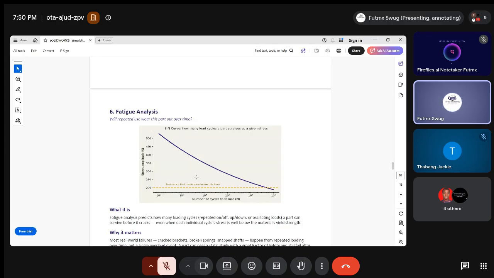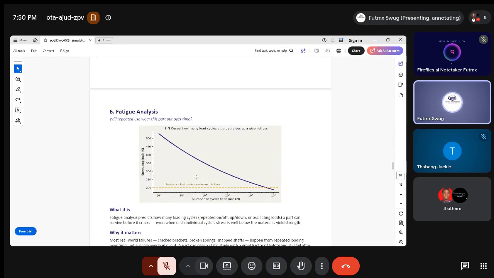Because that product under a certain period will be undergoing varying load. And then you want to calculate the varying load or varying stress on that part over 5 years,